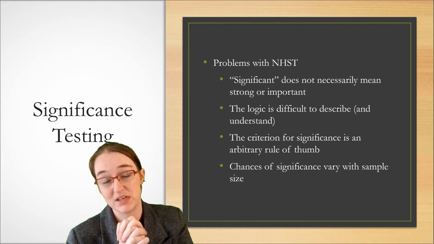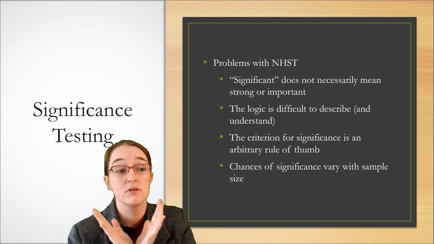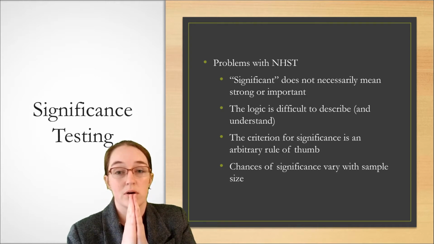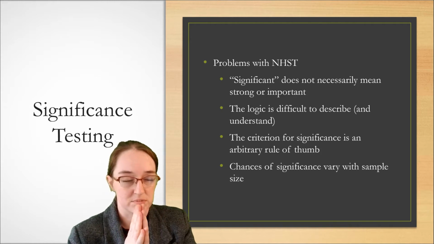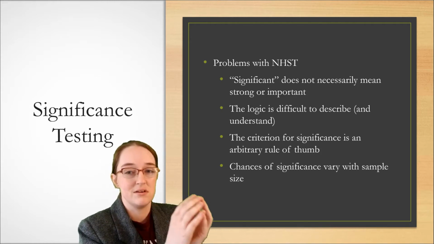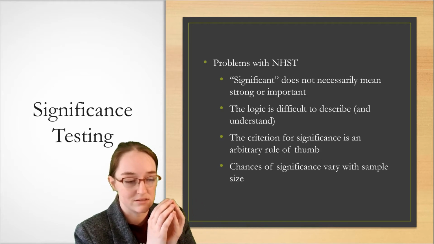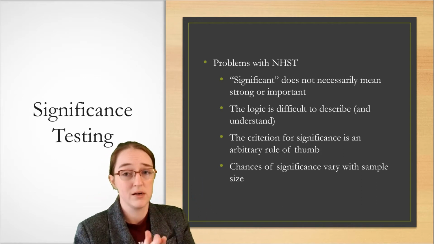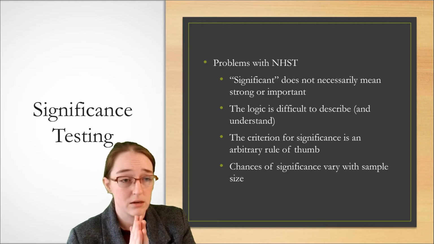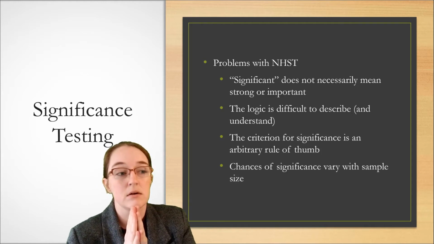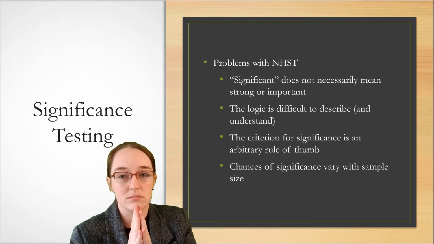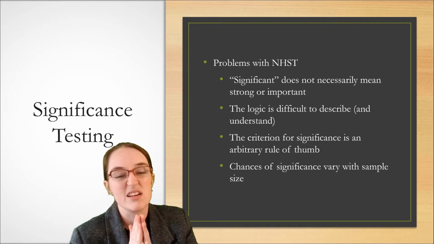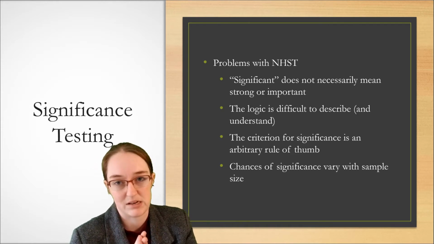So say it's p equals 0.03. Under a decision rule of 5%, we would reject the null, and the null is that there's nothing happening, that there's no meaningful effect of your experiment. With a p-value of 0.03, so 3%, we're willing to risk it. That 3% is low enough that we're okay with it. It's probably not the case that nothing is happening.